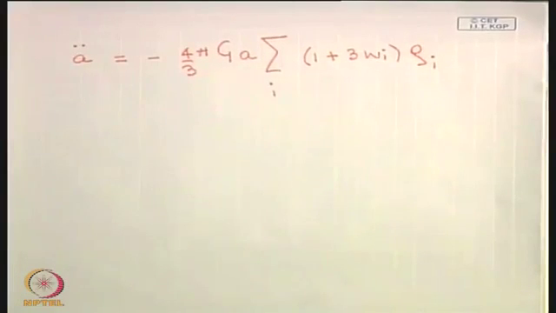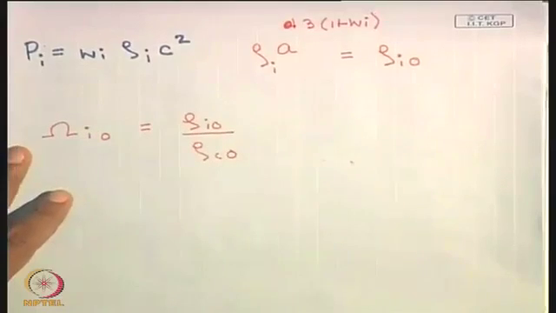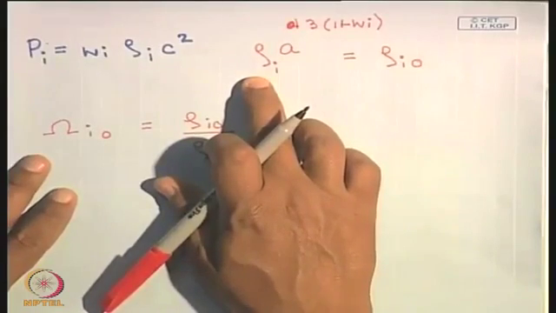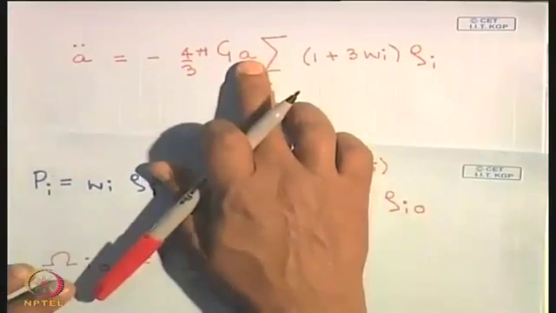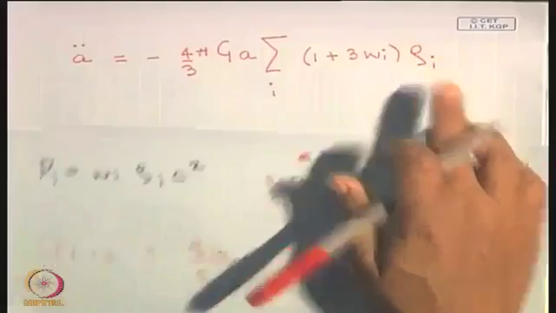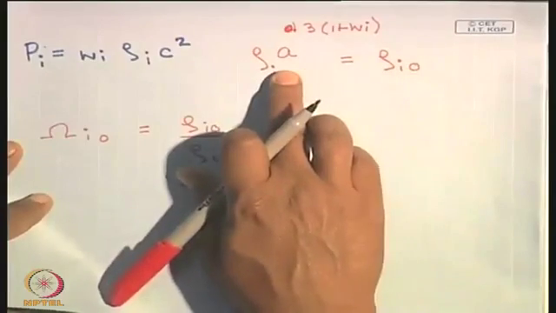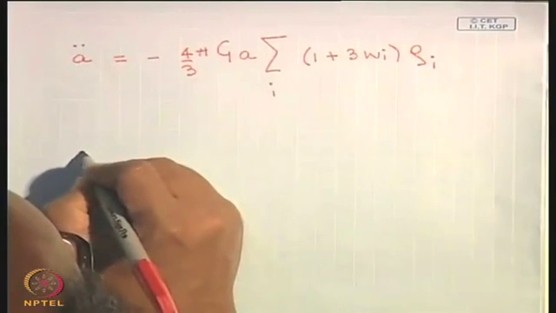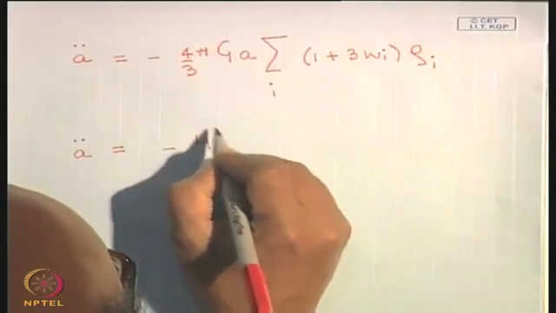and this equation can also be written in terms of the density parameter at present for these different components. So, all that you have to do is replace the density at any arbitrary epoch, these are all functions of time, scale factor is a function of time, density is a function of time. You have to replace the density in terms of the present density of that component and the appropriate power of A. Once you do this, then the equation that you have is A double dot is equal to minus h naught square by 2